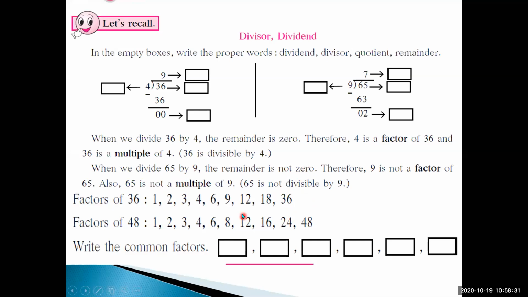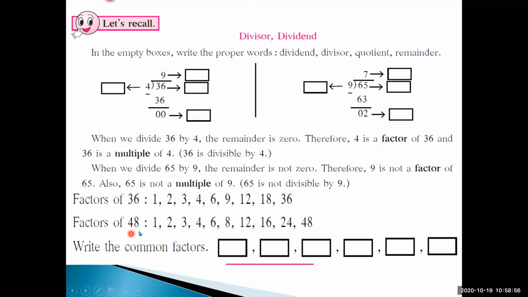You should know this very clearly, that if anyone asks while doing factorization what the lowest factor would be, the answer would be 1 only. And the greatest factor would be the number itself, because 36 will not be divisible by 42, so 36 itself will be its greatest factor, right? Then factors of 48.